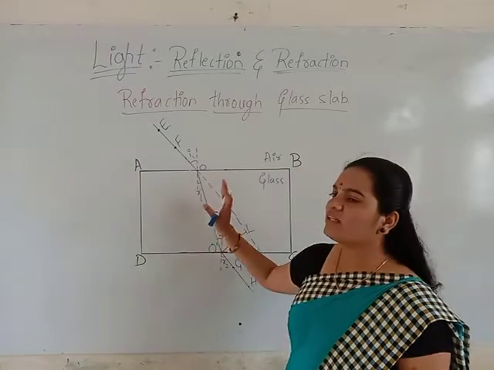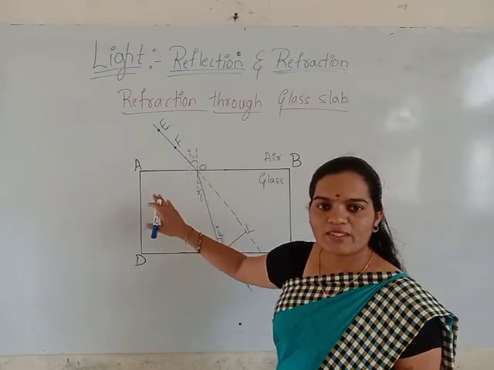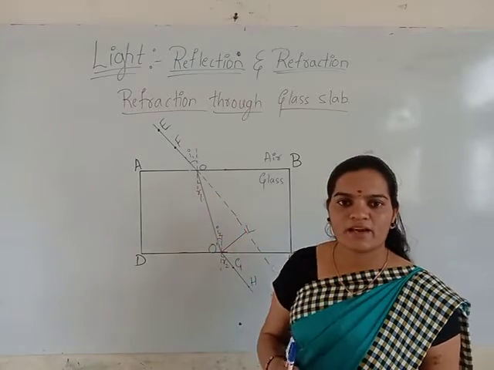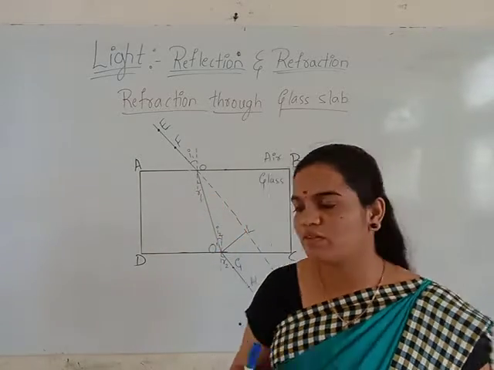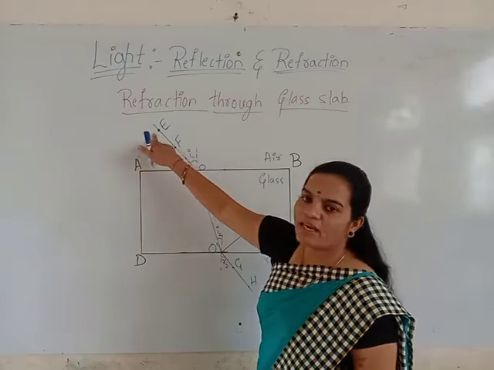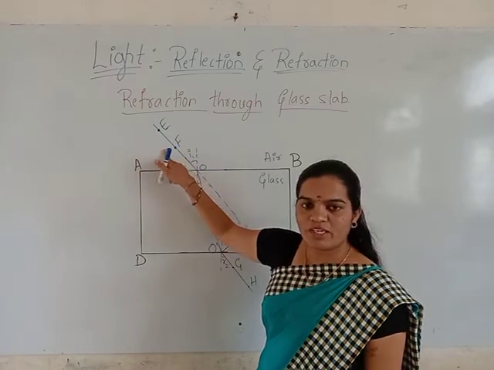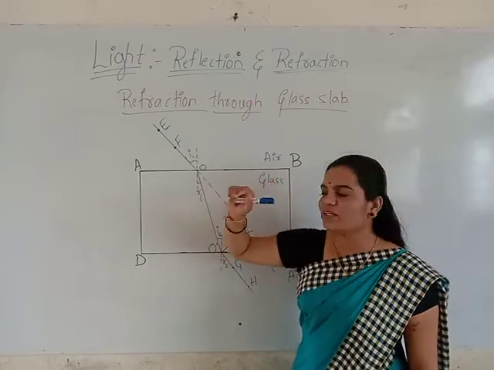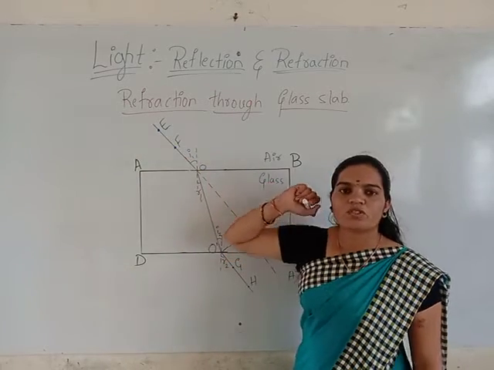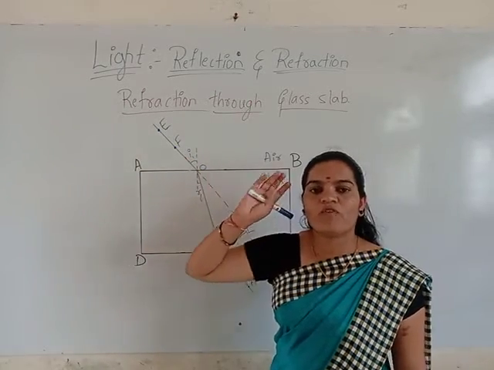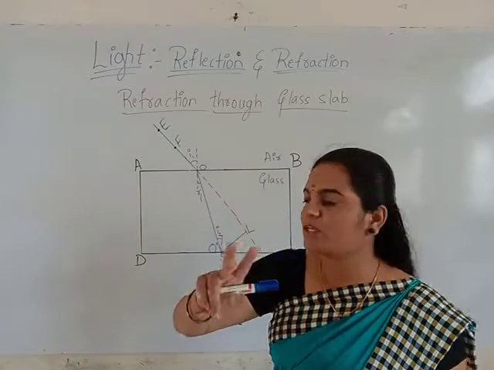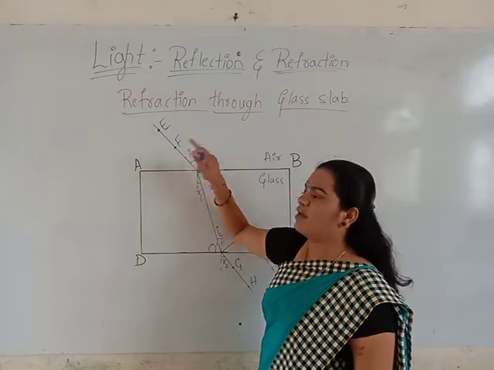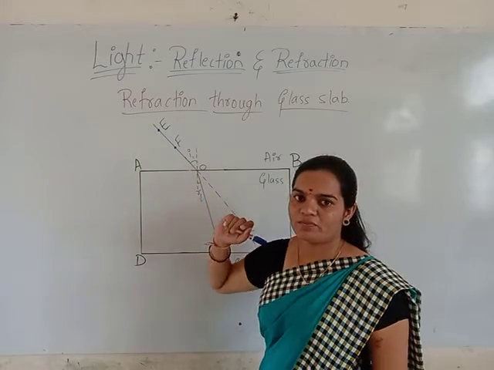After drawing the outline, once again you keep the glass slab on the same outline and take two pins and pin them at the positions E and F here. Everyone is able to see E and F where I have shown you with the dotted structure, right? So you are supposed to take 4 pins, and among that any 2 pins you pin at the positions E and F.